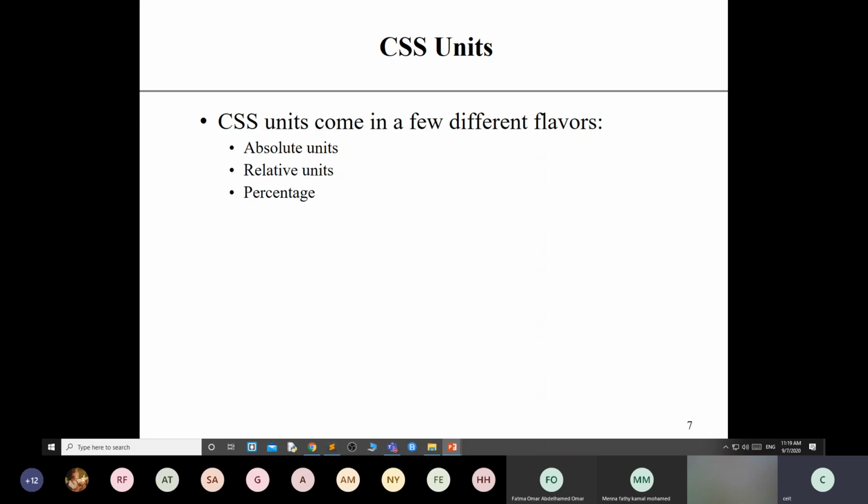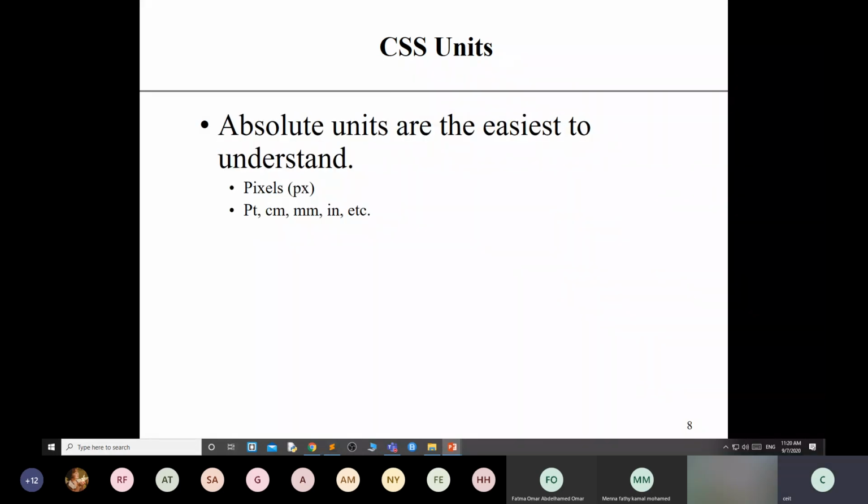Absolute unit is the fixed unit. It means if you change the size of the device, the size of that particular element will not change. I will show you the example also.